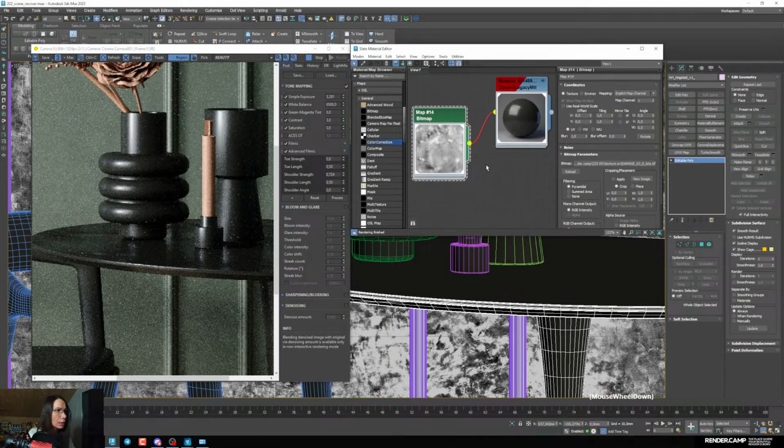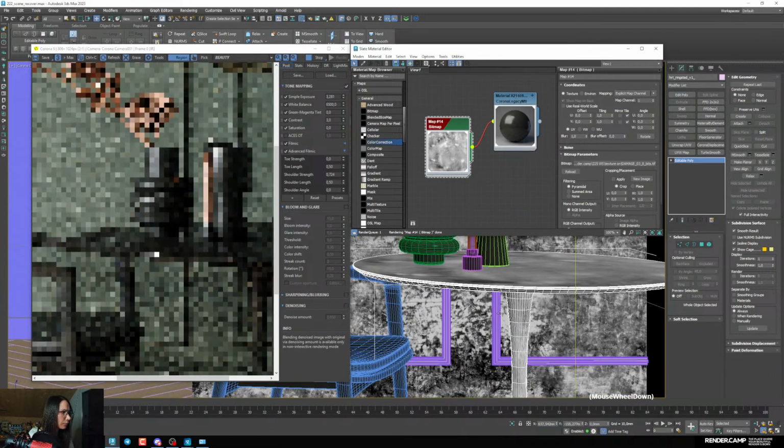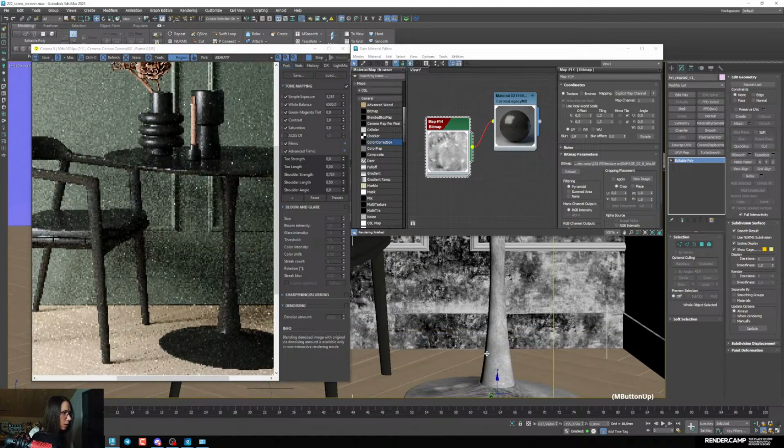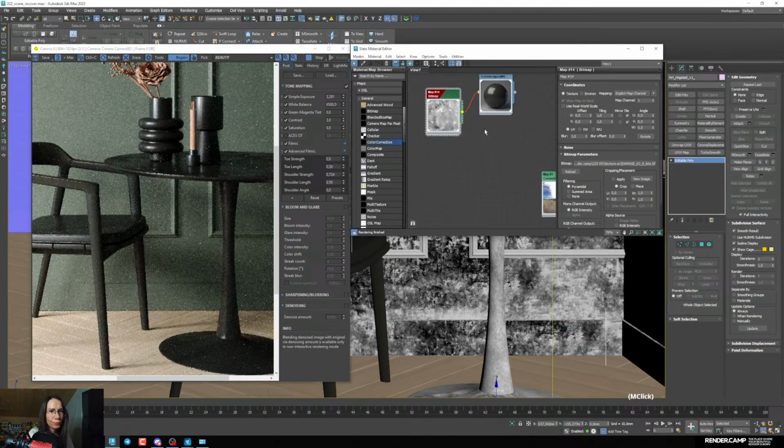So reflection color, let me see the size of it. Don't see anything. Let me turn off